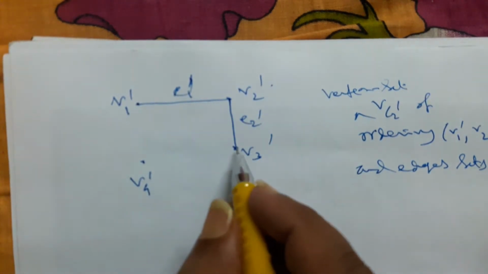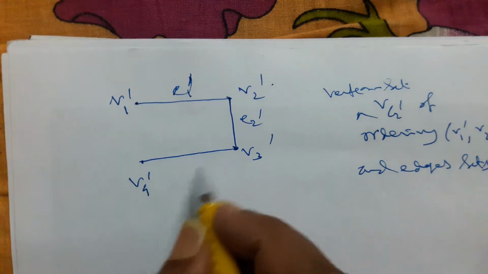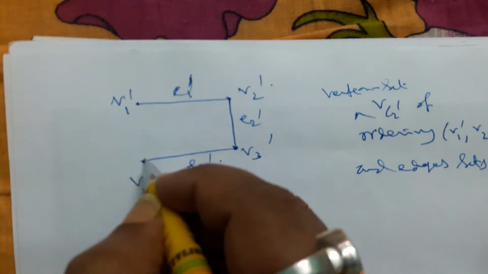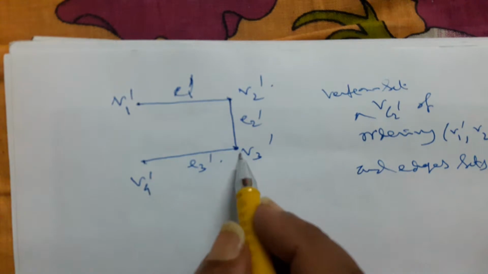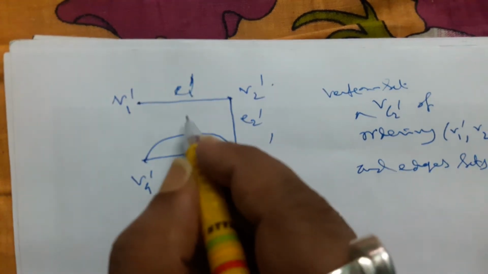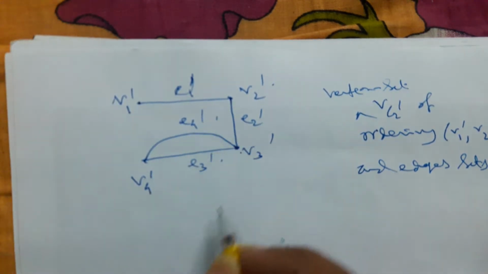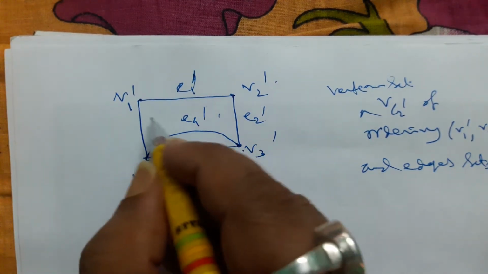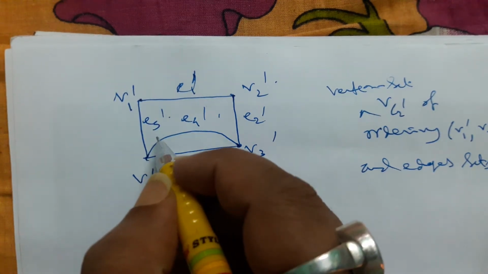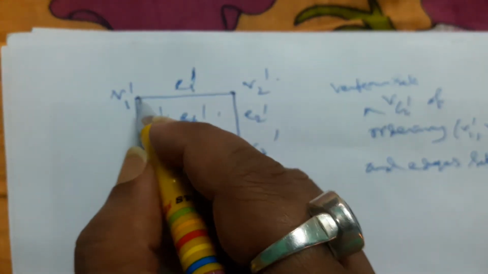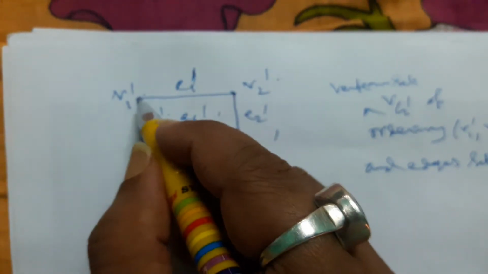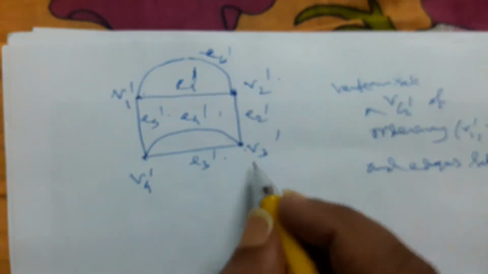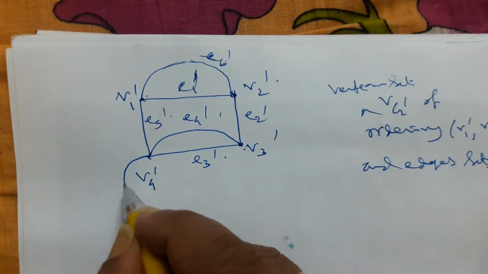And v3' and v4' are incident with e3'. Now we construct another parallel edge, e4', between v4' and v3'. Then v4' and v1' form the edge e5', and another parallel edge for v1' and v2' is e6'. And we consider a loop like this,